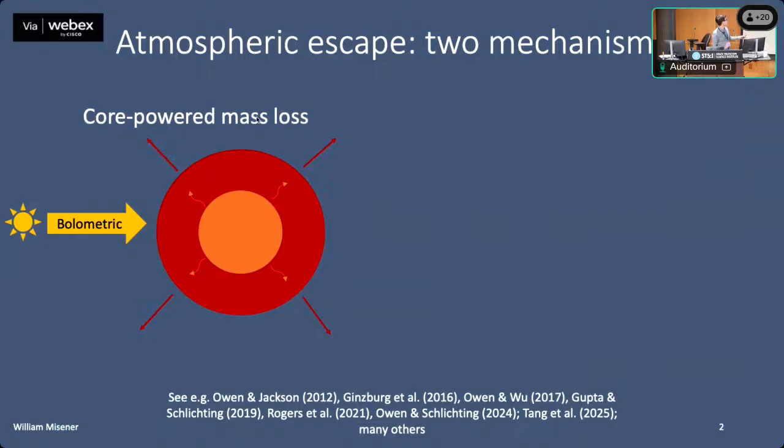One is called core-powered mass loss. And in some ways, it might be better if we had called it bolometrically driven mass loss or core-assisted. Because what's really happening under core-powered mass loss is that the planets are getting irradiated by the bolometric heat from their host star. And that alone can drive a hydrodynamic wind going from these planets, a Parker-type wind. In the literature in the past, it's usually been modeled as isothermal